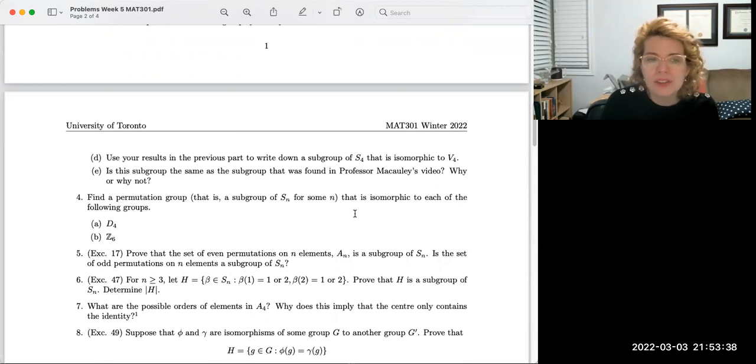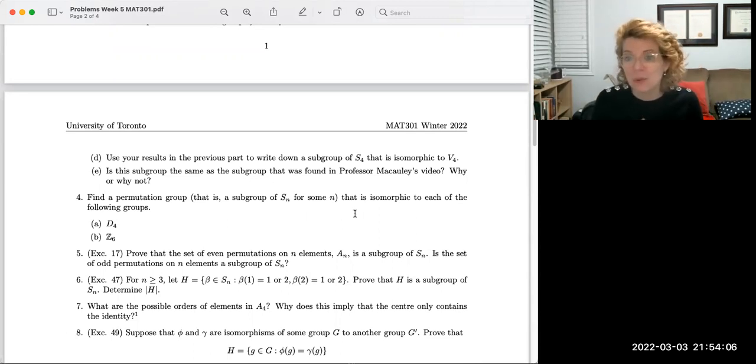Okay, to show that the set of even permutations is a subgroup of Sn is not very challenging. I think the most challenging part, first of all, is that you have to write these permutations down in the right way. We know that every permutation can be written as a product of 2-cycles. So write down your permutations as products of 2-cycles, because that's what's advantageous when we're dealing with even versus odd. So if you write them down like that,